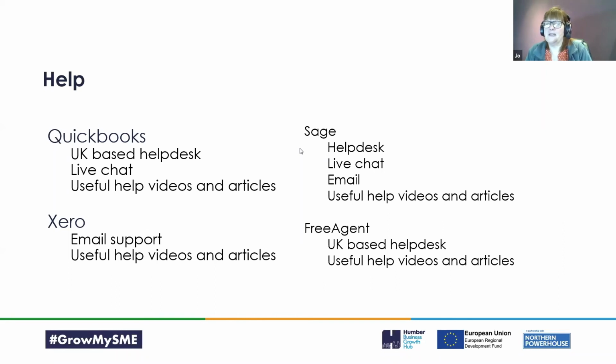So this is the tier 1 and 2 people that we discussed earlier and what they do as far as help. QuickBooks have got a UK-based help desk, so you can speak to somebody in the UK live about the issue that you're having, which is often the best way to do it, because you might not be able to articulate exactly what it is that you're having a problem with. If you sent an email, then somebody's interpretation of that email might not be exactly what the problem is that you want resolved. And then you're back and forth and it's all taking time and can be very frustrating. So having somebody to talk to is, for me, the best thing.